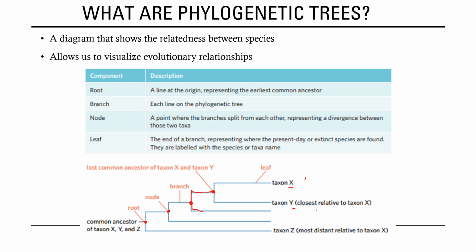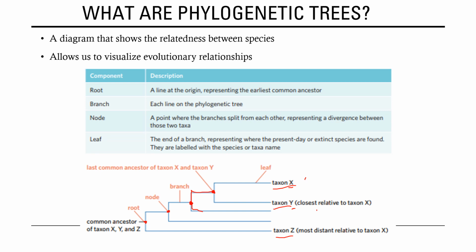We also have our branches. So these branches represent a species of some description. And then we have our leaves. So the leaves is the very end of the branch. So these leaves all represent present day species. So if something is at the end of this leaf, so taxon X, Y, and Z, they are all species